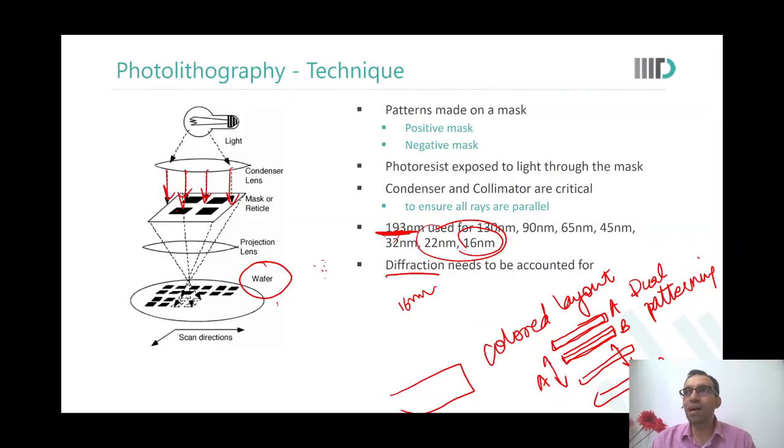Mask you need to make only once, Gagandeep. So you can actually use plasma etching to make the mask. Kind of microscopic etching you can do to make the mask. That is still possible. You need to make it only once. These devices you need to make millions of times, so you cannot really make every feature by hand. Mask you can actually make every feature by hand. Yes, sir. That is why mask making cost is very high in advanced technologies, because features have to be more handcrafted.